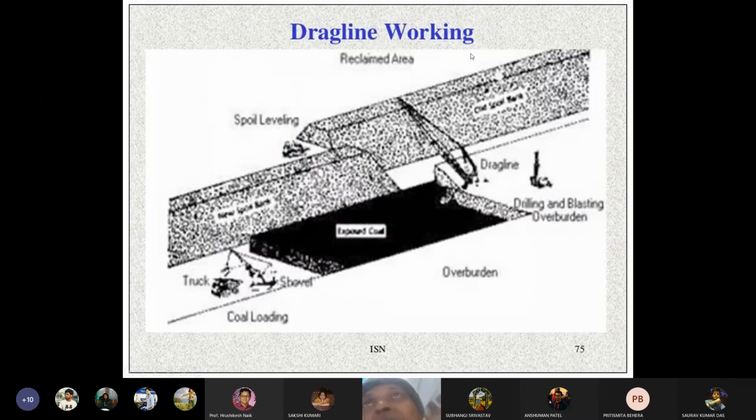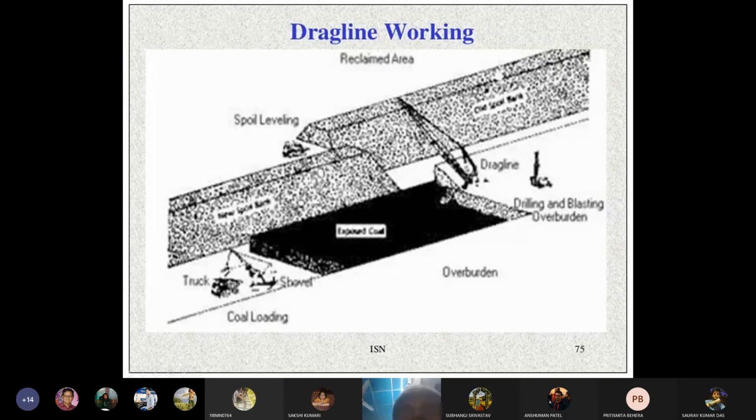So how does this dragline work? Dragline working. This is the coal deposit, and over the coal deposit is the overburden. The dragline is sitting on top of the overburden bench, removing this overburden and dumping it.